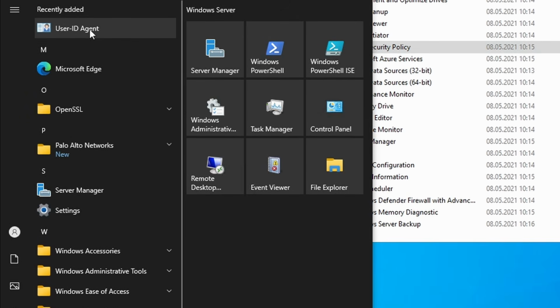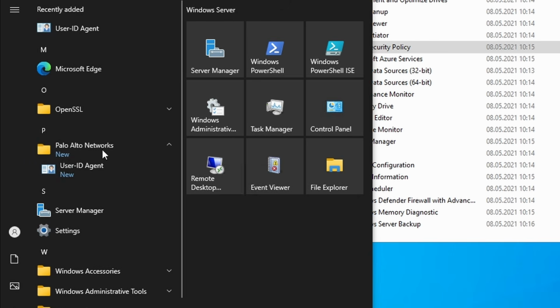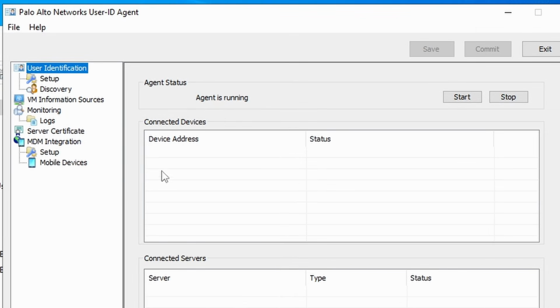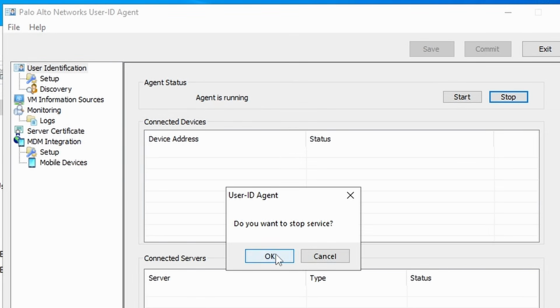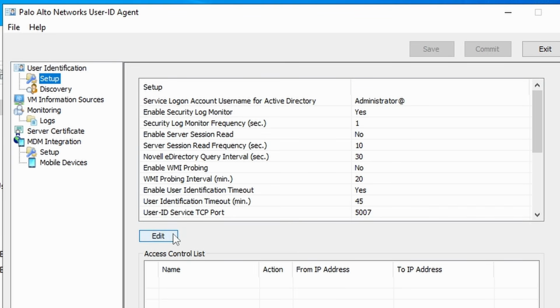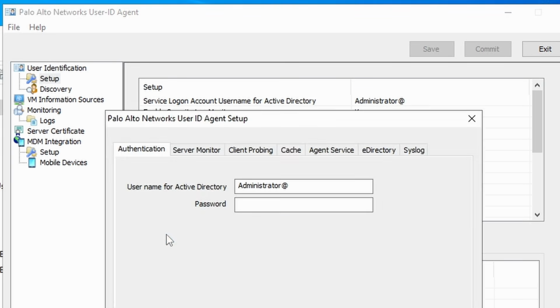Good. Now we can open the user ID agent. It's shown here the new one, but if it's not the new one, it's under Palo Alto Networks. And we can click on the user ID agent. So it says agent is running. We can stop this agent. Click on OK. Go to setup. Here there's an edit. We're going to change the username for Active Directory. This is the SA Palo Alto